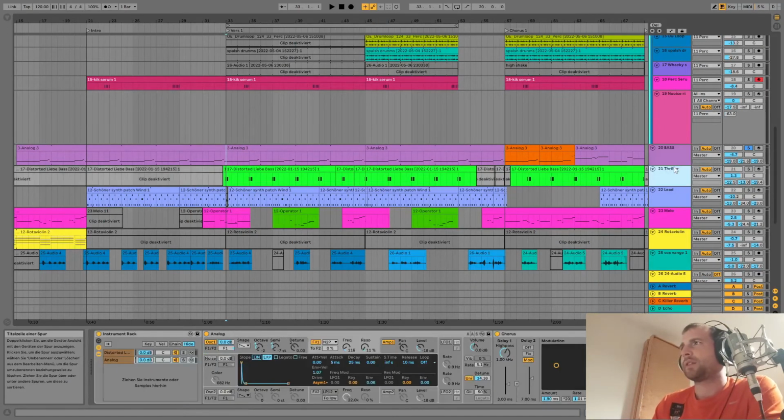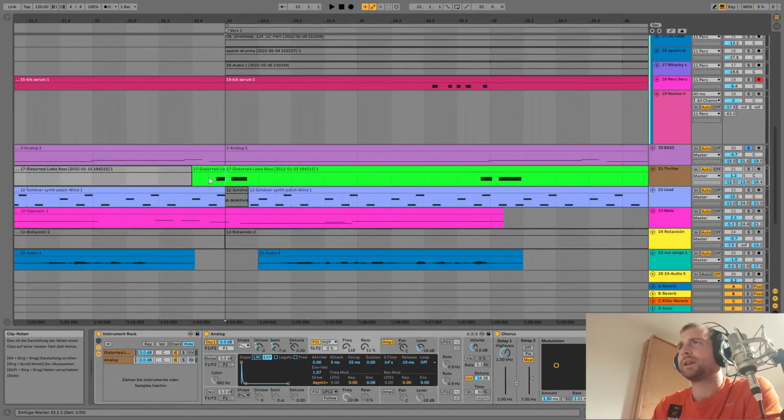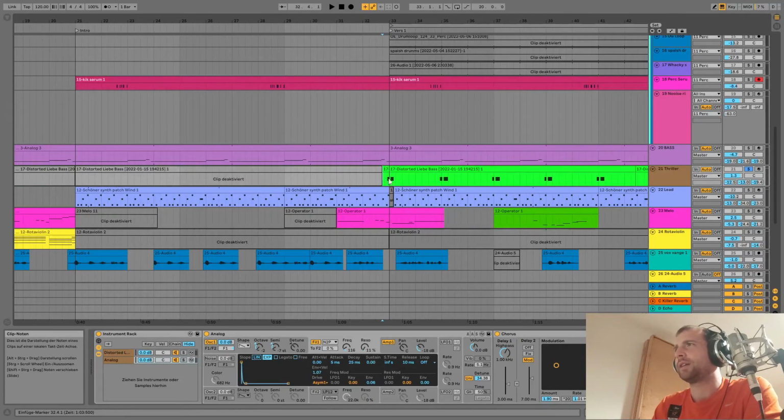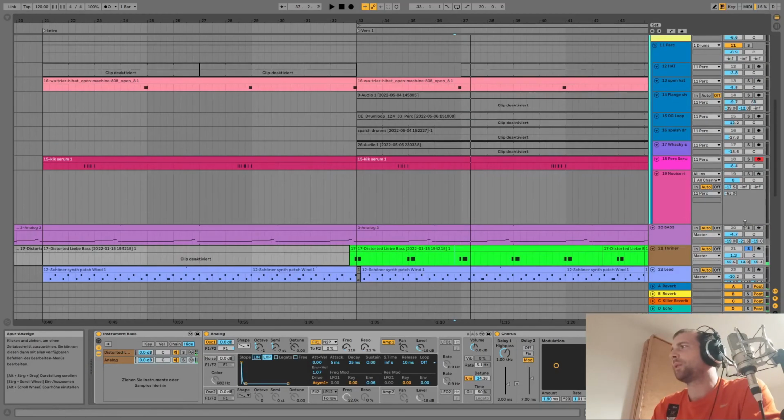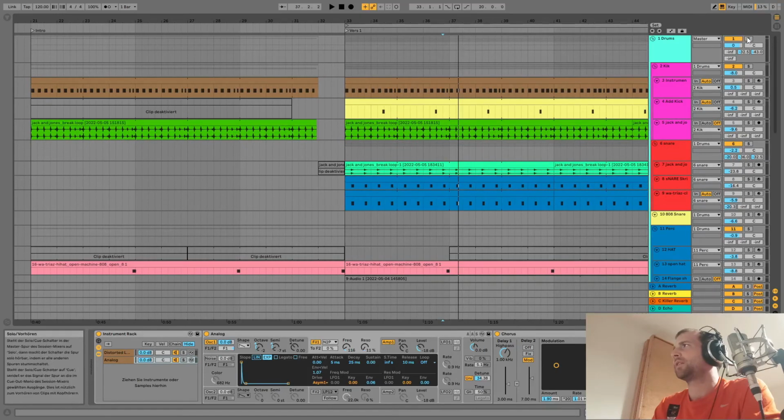Okay, let's move on. This next thing is, do you know Thriller? Thriller, the song from Michael Jackson. In the beginning they have this synthesizer, and I thought of that, and I thought it could fit in really nicely, and it is in here. So together with the drums makes this kind of